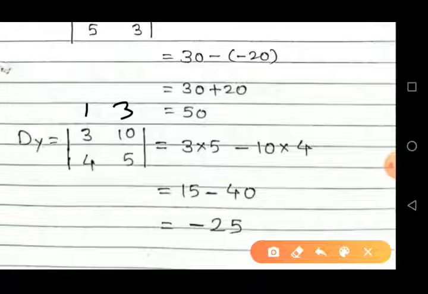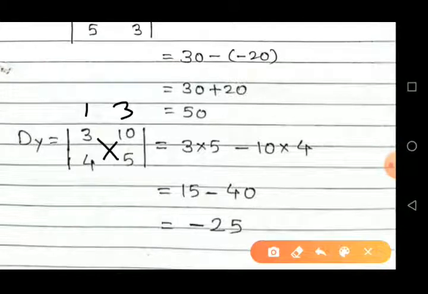I have written the values of A1, A2, 3, 4, and values of C1, C2, 10, 5, equal to, do the product of the numbers on the principal diagonal. First of all, 3 into 5 minus 10 into 4. The product of 3 into 5 means 15, minus 40, and the result is minus 25. We have prepared the determinants D, dx, dy,